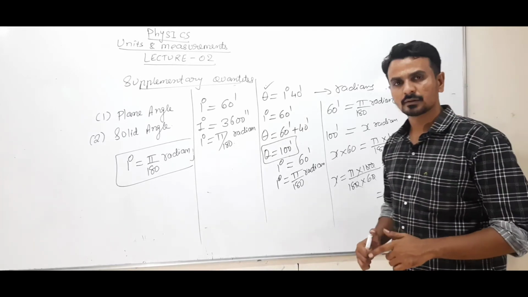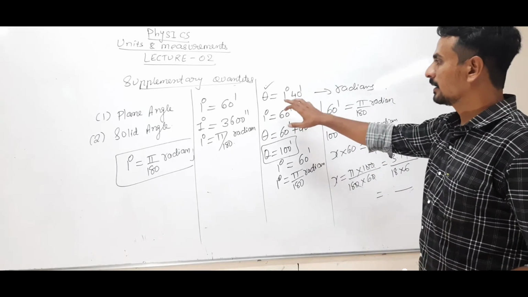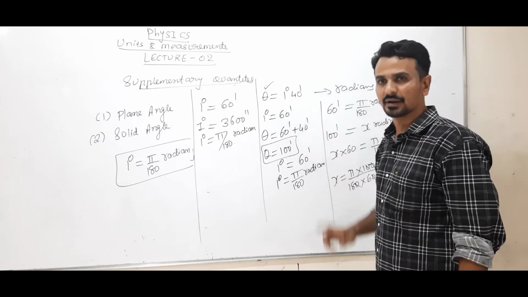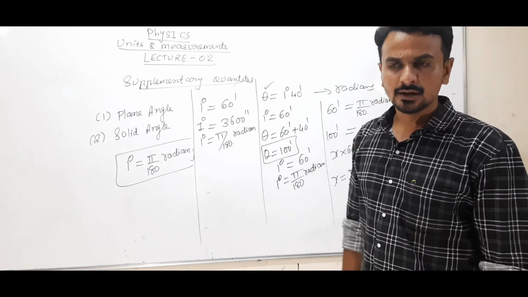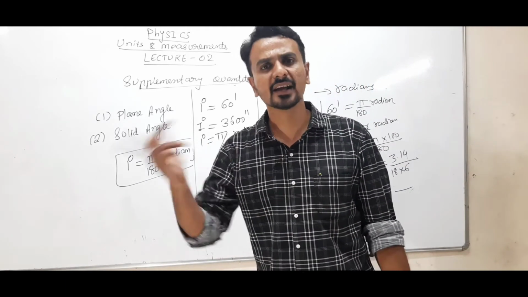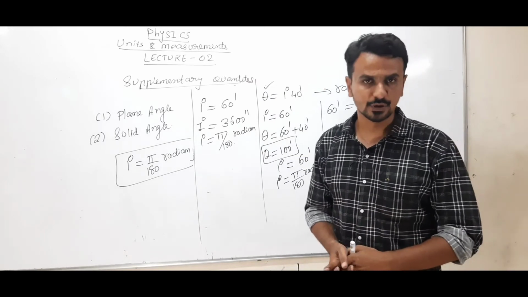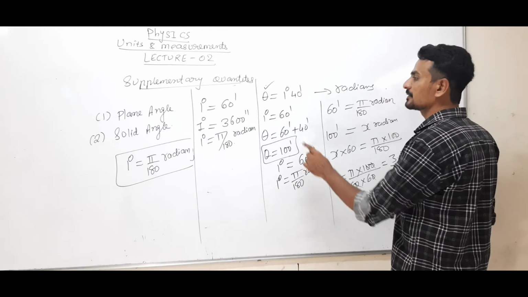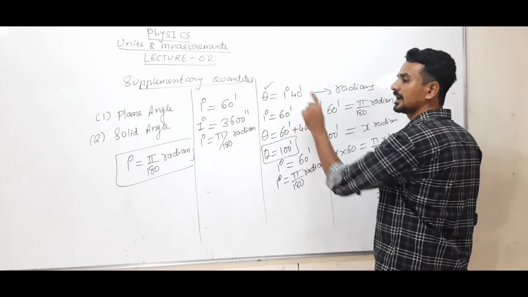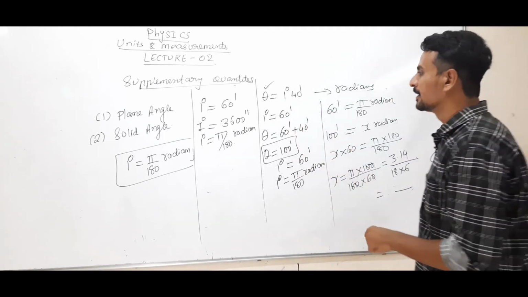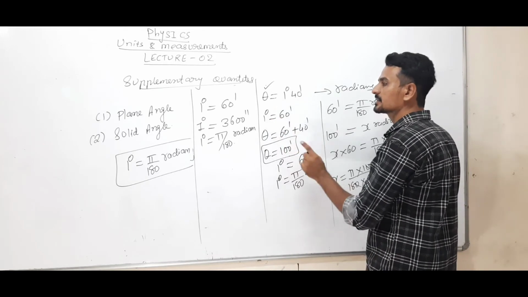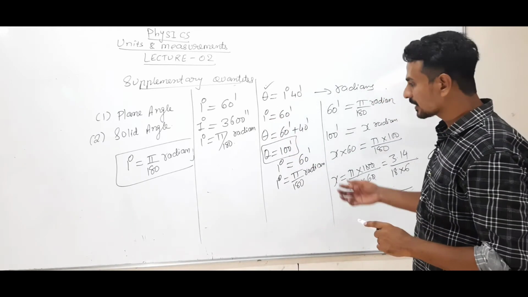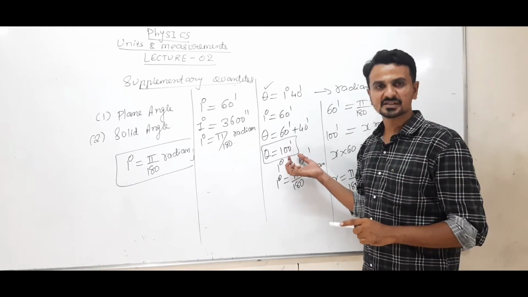Once again, in the question theta is given as 1 degree 40 minutes. Now degree and minutes, minute and second, hour and degree cannot be added up directly because they do not have the same dimensions. So first I converted the whole theta into minutes. We know that 1 degree is 60 minutes, so 60 plus 40, that is 100 minutes.